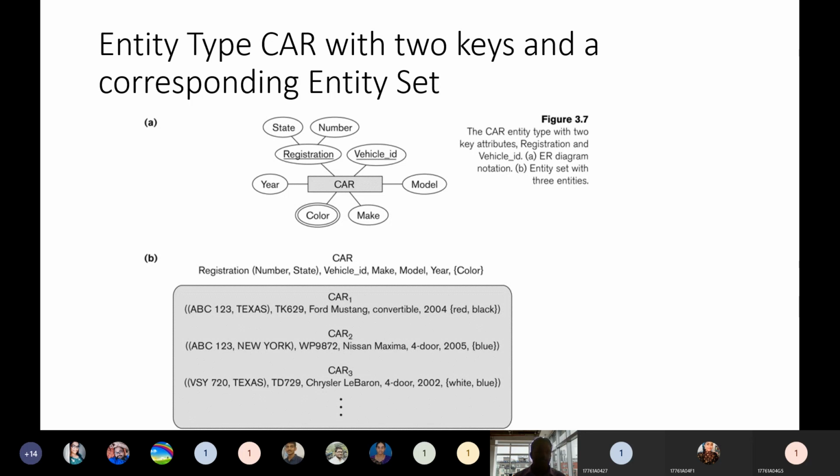Within that we can write red, black. Sometimes there will not be a single color but multiple colors, so you write both red, black. Otherwise, only blue; there can be one color, sometimes two, sometimes three. The third one has, within the curly parentheses, white, blue. The point is that multi-valued attributes should be within curly parentheses, because there will be multiple values.